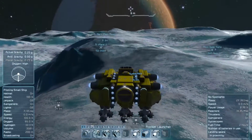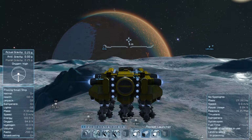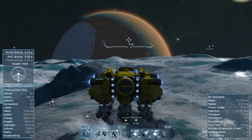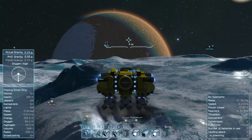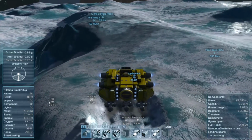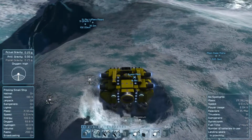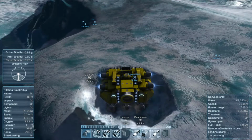Okay, so put that on, and we're going to get to drilling here. I'm going to back out just a little bit. There we go. So it's not this cacophony of drill noise. The silicon is definitely closer to the surface than the magnesium is. So we can thoroughly expect...